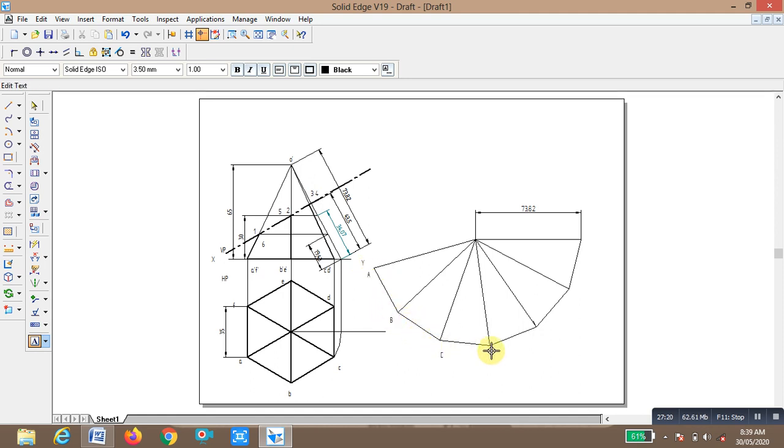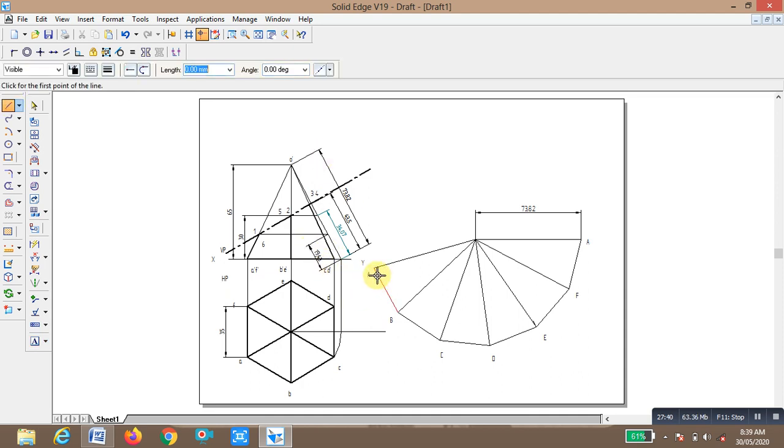So select the line from this point, the height line is 19.43. Okay, you have to place it here, otherwise draw the arc by center point.